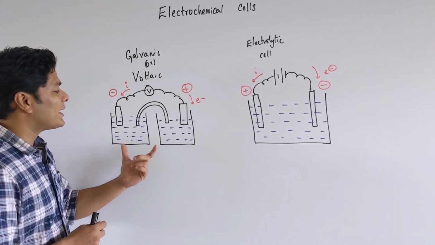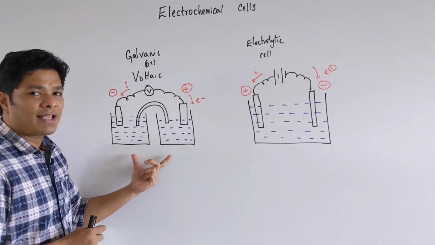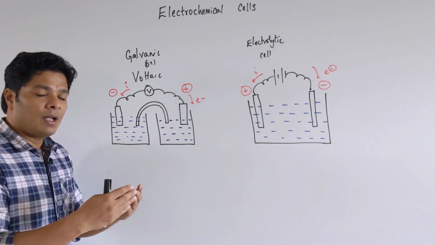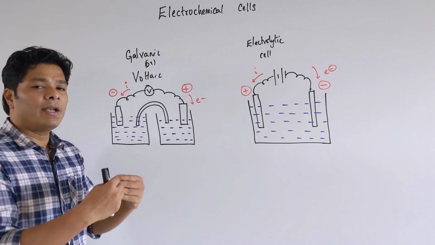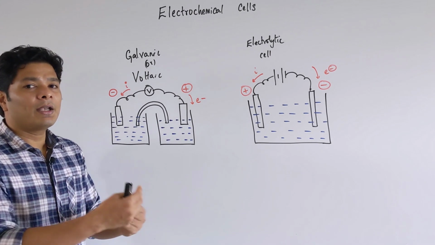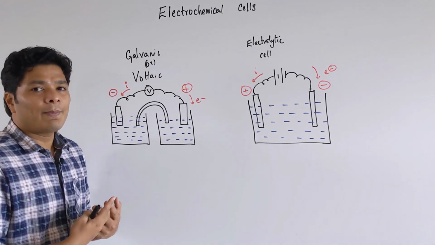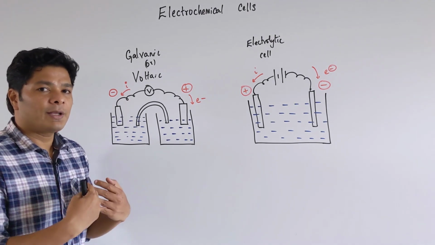A couple of things you want to know: a galvanic cell always has a spontaneous chemical reaction. So a chemical reaction is spontaneous, meaning it happens, and because of the chemical reaction happening, an electrode potential is generated, so you can get useful voltage out of it, meaning it is going to be useful for us. Example, your cell phone battery, you are using the battery.